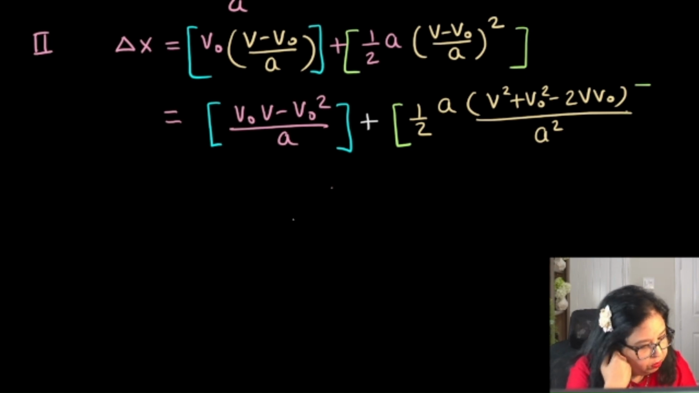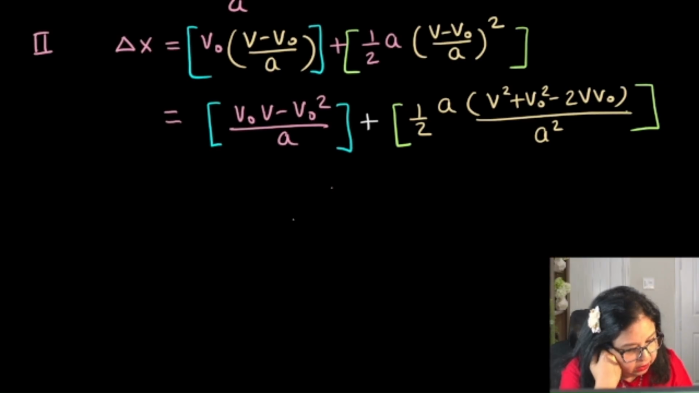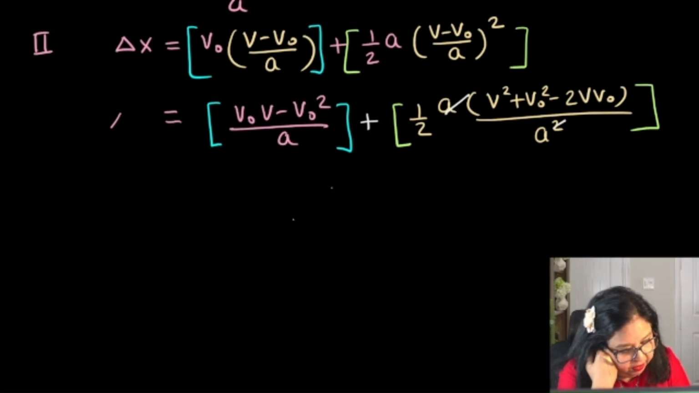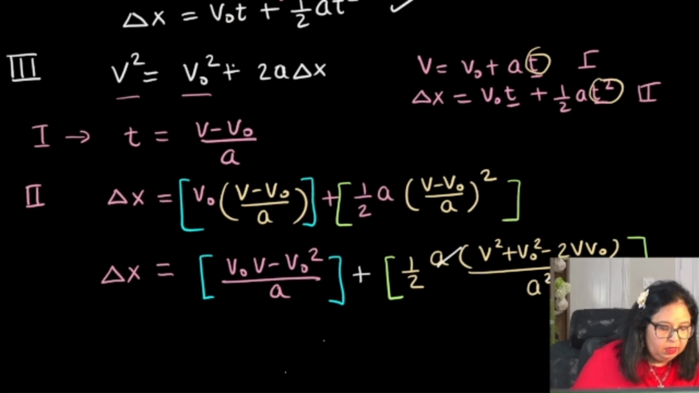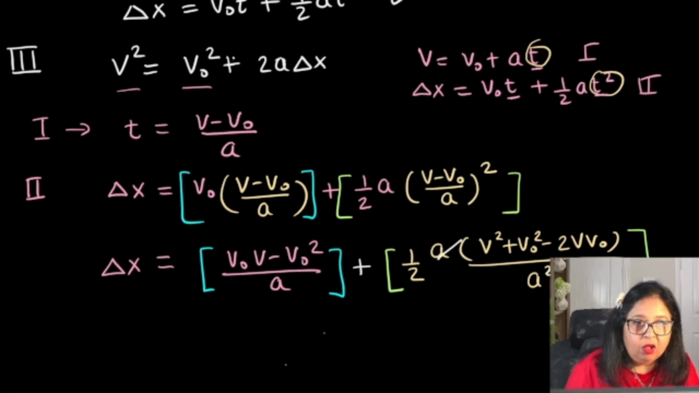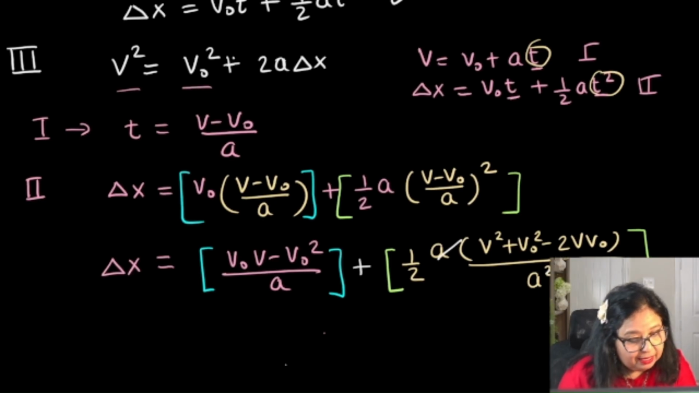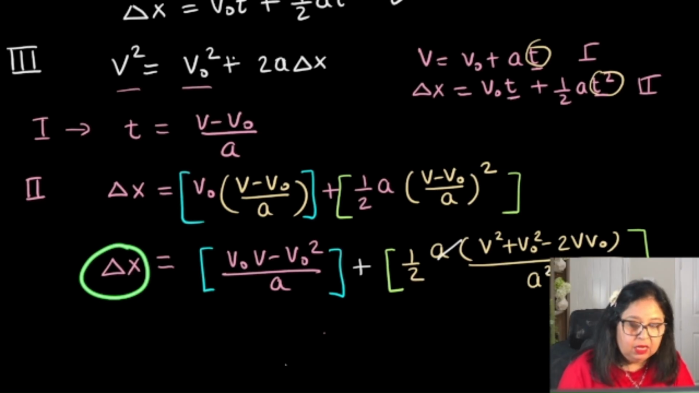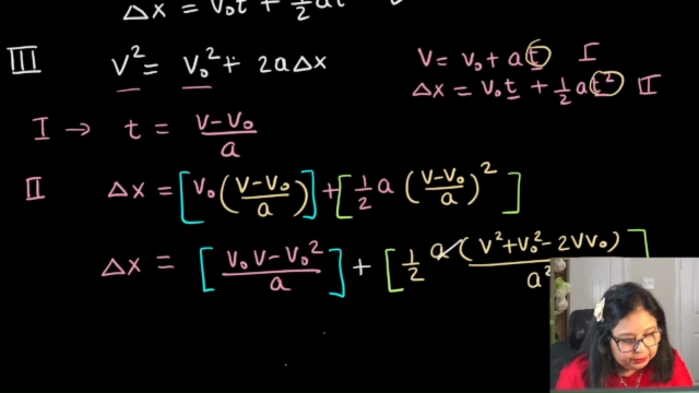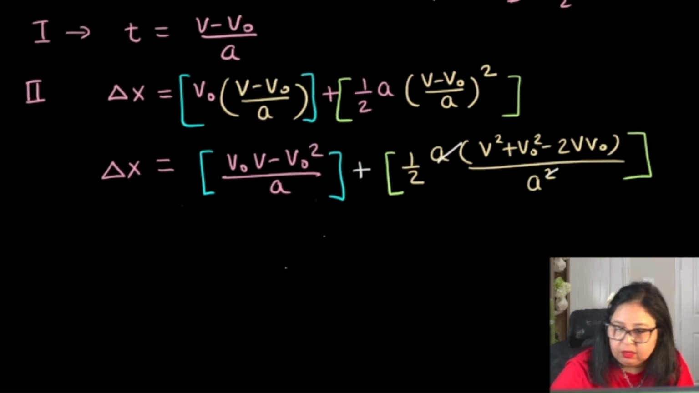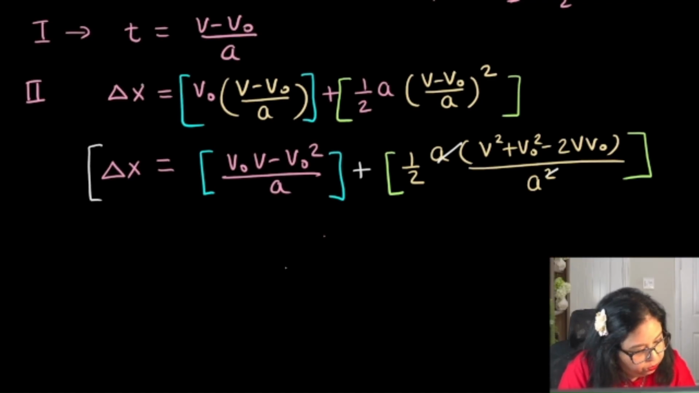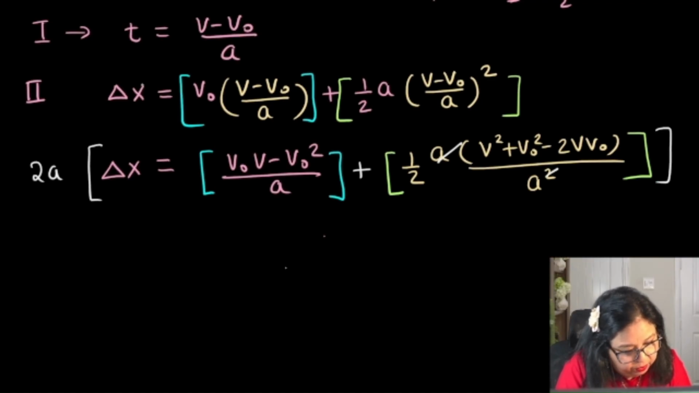Green parentheses close. Now you will see that inside the green parentheses, one of the a's at the top cancels out one of the a's at the bottom. And on the left-hand side, I have delta x, while the equation that I'm trying to derive has 2a delta x, and this equation has just delta x. How about I multiply the most recent equation by 2a? And by doing so, I get